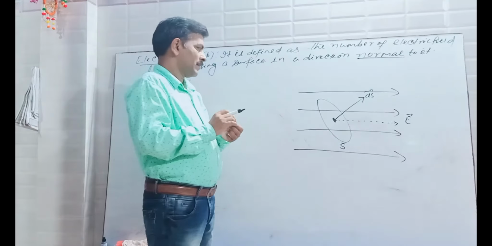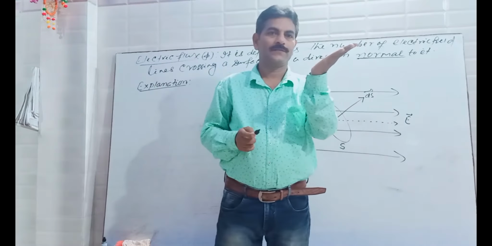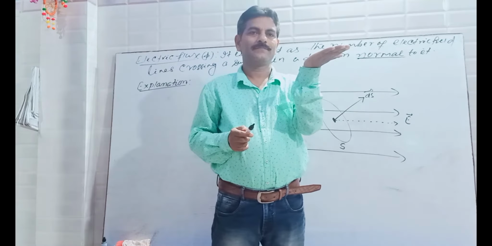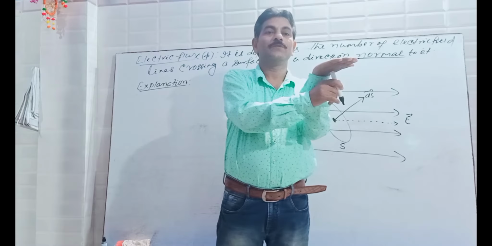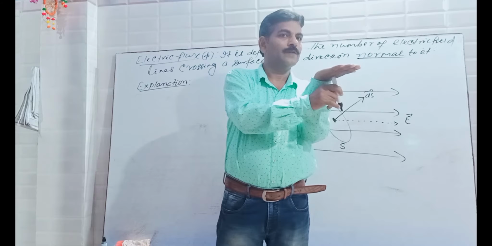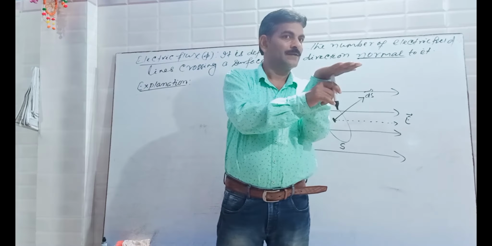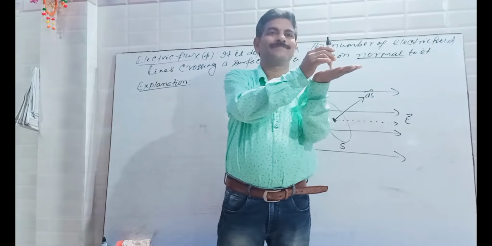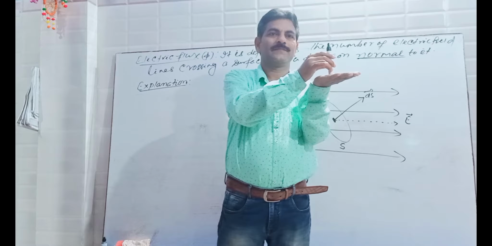You see, area is a vector. Suppose my palm is a surface. Then what will be the area vector? Either it is perpendicular up or perpendicular down. That will be decided by the sense of the problem, the sense of the situation. But the only possibility is that area is perpendicular to the surface.